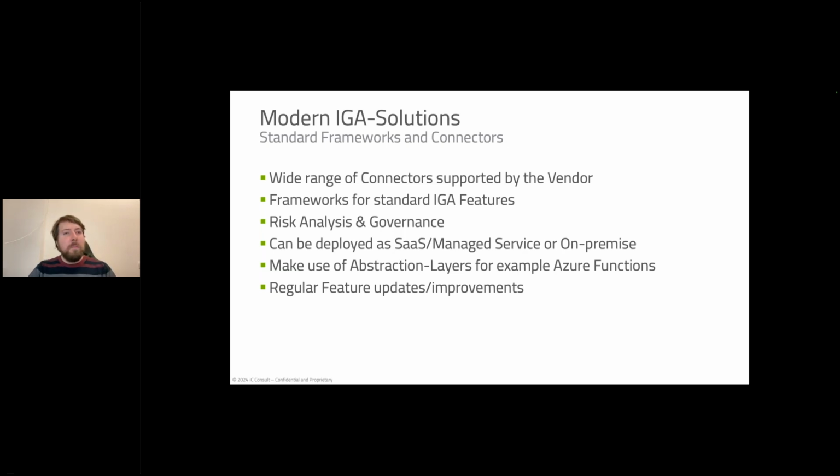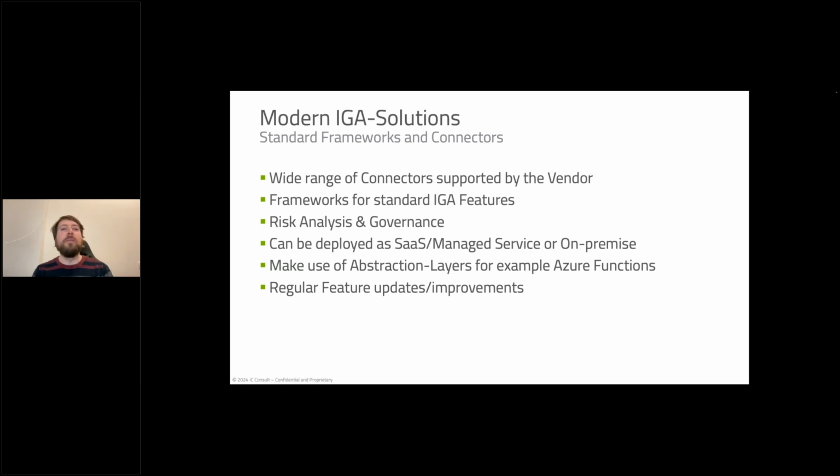That's all part of the standard IGA solutions which are out there these days, and you have your reporting and everything. So that's something you don't have to take care so much anymore in the future, but of course you still have to think about which entitlement, which roles are risky, and how to put up your risk score, but you have all in one solution. You don't need 3 solutions to do this.